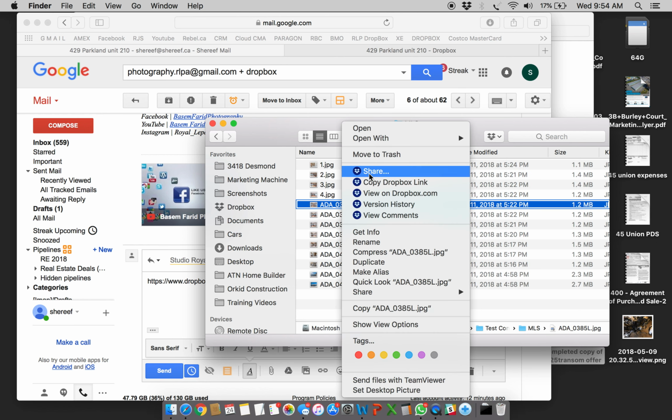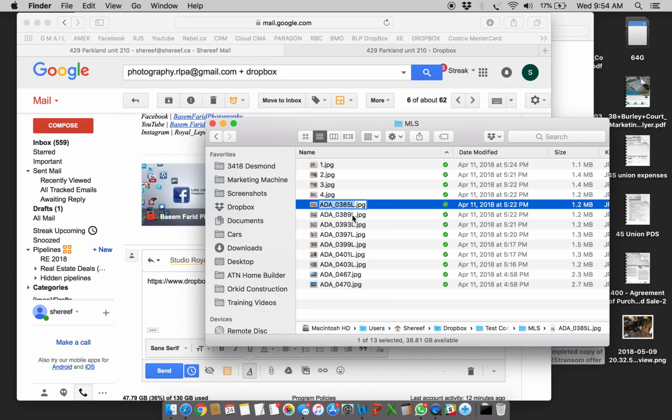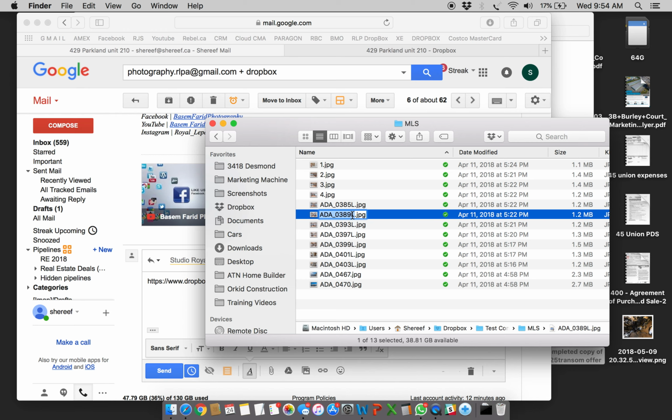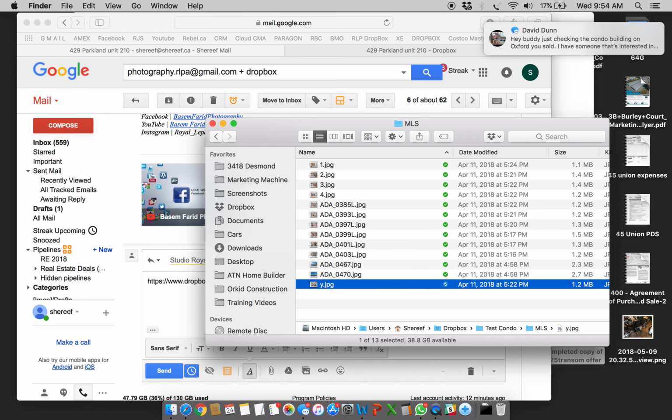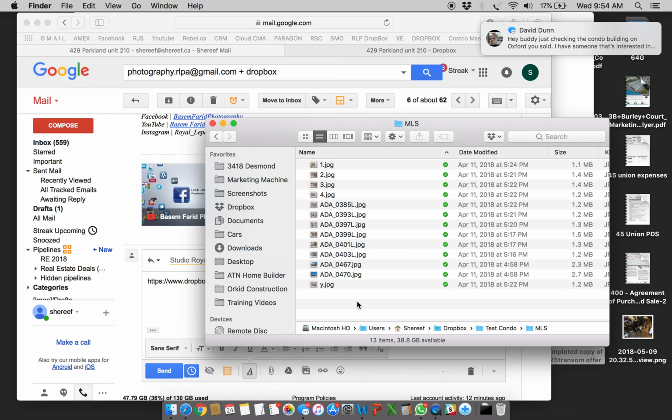So again, two finger tap will let this menu appear. You could hit rename and rename them. Or as I prefer, just hit enter and it lets me rename it to whatever. So I could say this is picture Y or what have you. Anyways,